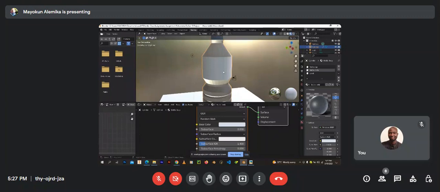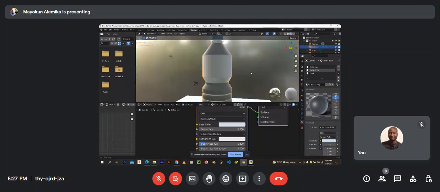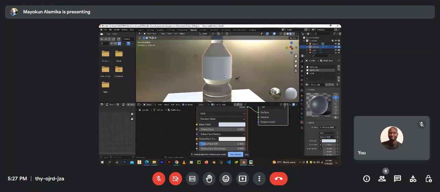So now this is where we come to another interesting part. This is a little bit more advanced. Now, how do you add a label to the thing? Now the first thing before you add a label to it, you must have a picture of the label. Right? So basically, how Blender does this is literally how you add a label to a water bottle in real life. It's like you have a flat